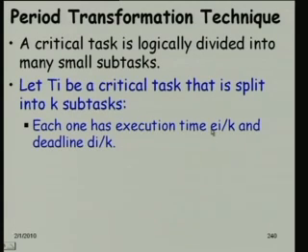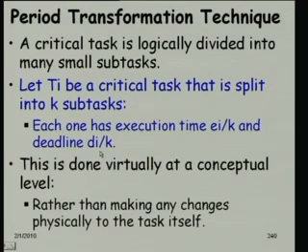So, instead of considering Ei over a period Pi, we can as well consider Ei by k over Pi by k. That will take care of it, is not it? We just reduce Ei and Pi to Ei by k and Pi by k. So, in effect its period has reduced by k times,